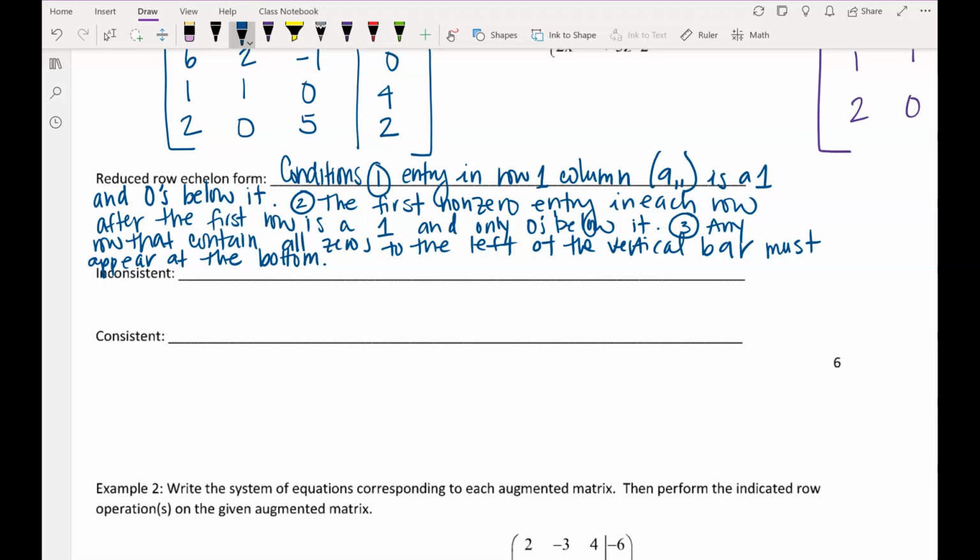All right, so let's draw up an example of your